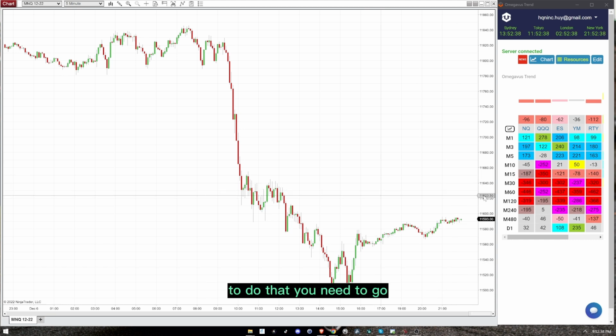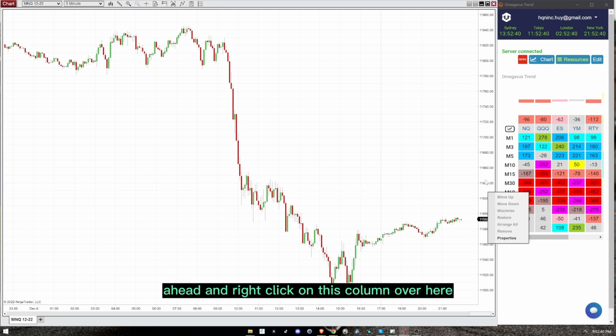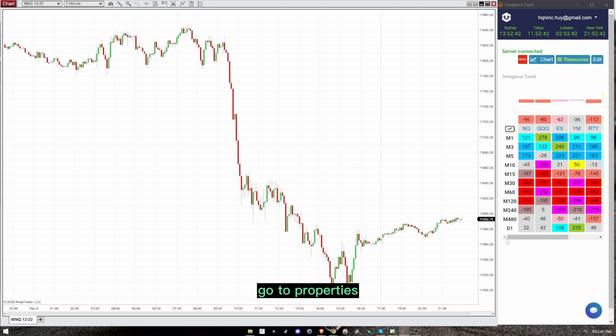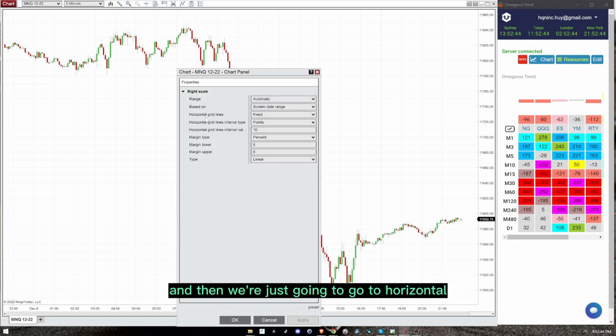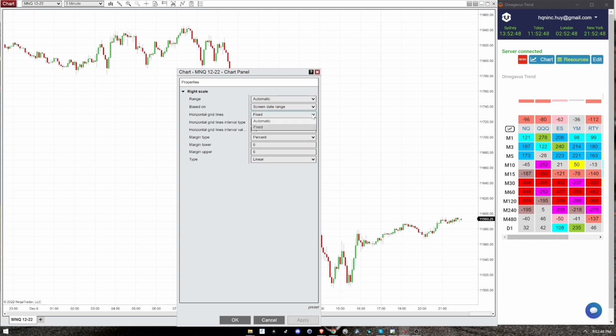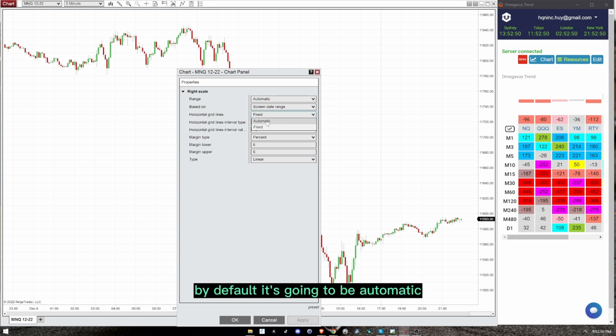To do that, right click on this column over here, go to properties, and then go to horizontal grid lines. By default, it's going to be automatic. You want to click on fix. Keep it at fix, and by default this is going to be 1 point, so you want to punch in 10 points here. I already have it set up on the preset, and you're just going to go to apply